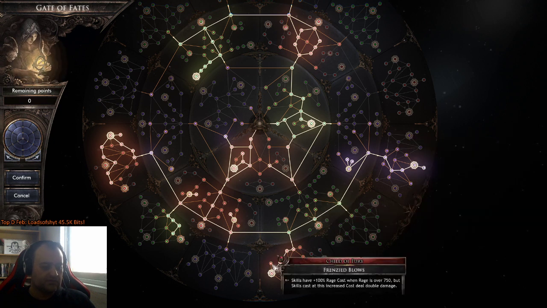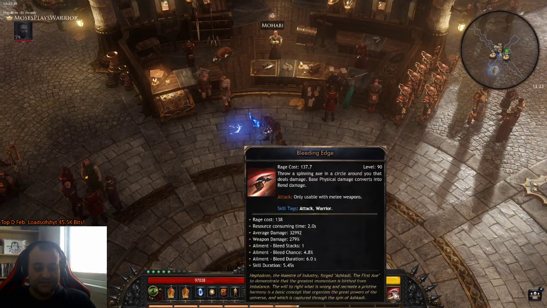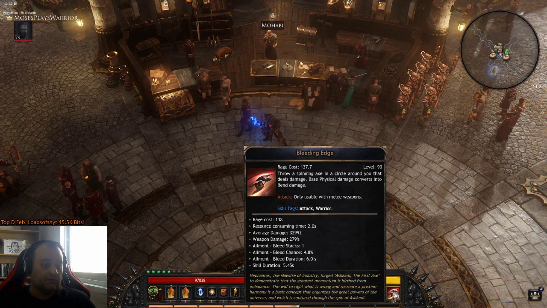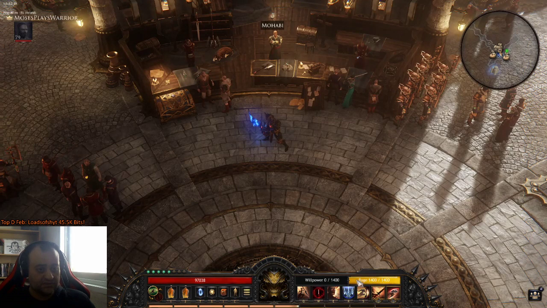First of all, there was this node right here that people told me, why can't you take this? It's a broken node, yada yada. I personally just don't like it. Frenzied Blows, if you can sustain your rage, essentially what it does, it doubles your damage if your rage is above 750, but it also doubles the cost of your skills. So essentially, instead of 138, it will double it. Okay, and 138 is a very, very manageable resource cost for Bleeding Edge. But if you're over 750, it will double it, so it's going to be like 276, and that's going to deplete your Bleeding Edge real quickly, and it's going to make for a clunky kind of gameplay